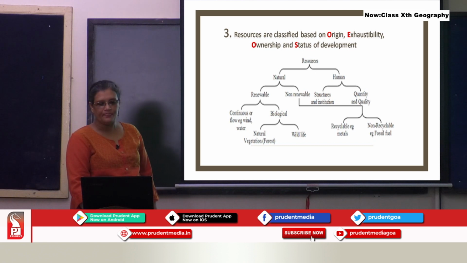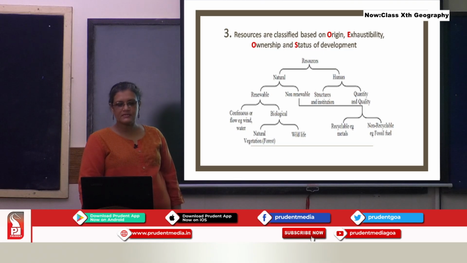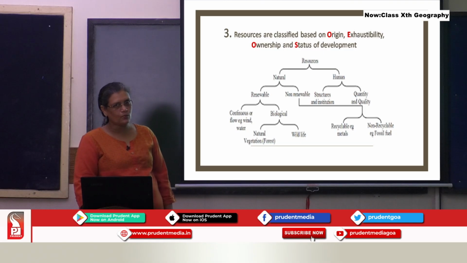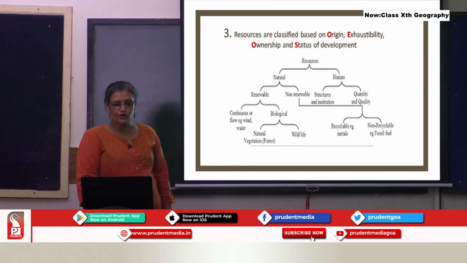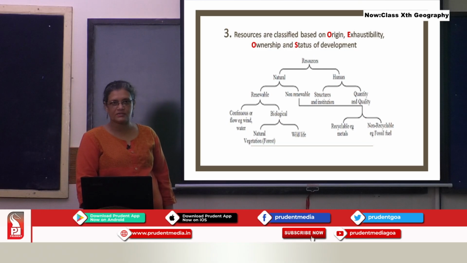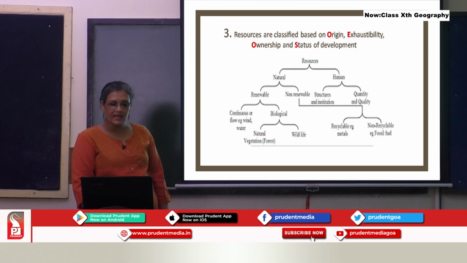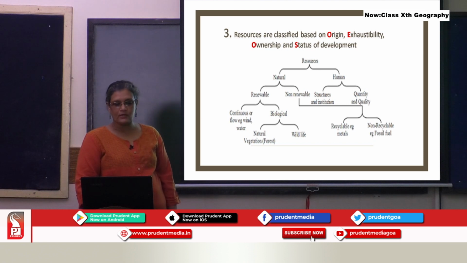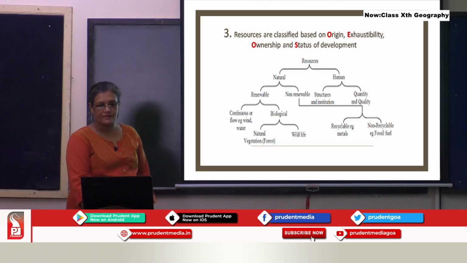Resources basically are natural and they could also be human made. Natural resources are renewable and the non-renewable ones. We have studied about these in the previous classes as well. Renewable resources are the ones that are continuous, like wind, water, etc. Renewable resources are also biological because they can be obtained again and again, and these are plants and wildlife, or the vegetation and wildlife. We also term them as flora and fauna.